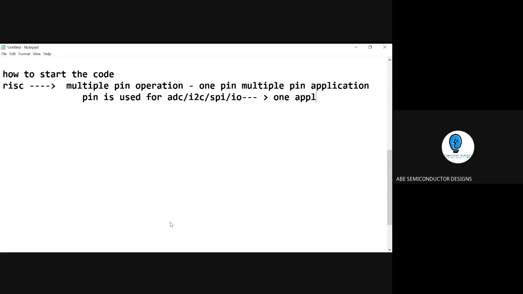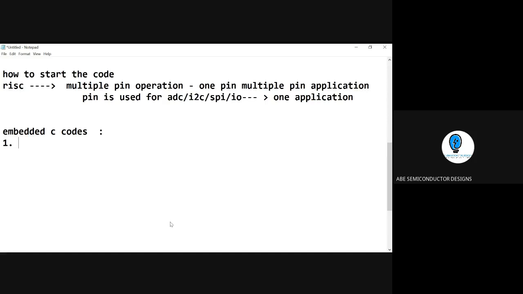Please remember this. This is very important not only for Arduino but for any kind of board. If you want to start programming, this is the most important case: a pin can do multiple applications, but only one application at a time. So how to configure this? What is the logic we have to follow? This is what we are going to do today. First we'll go for embedded C code, and then we'll run it on the platform and see what is happening. And then we'll go for Python, with the same code, and repeat it again with an application.